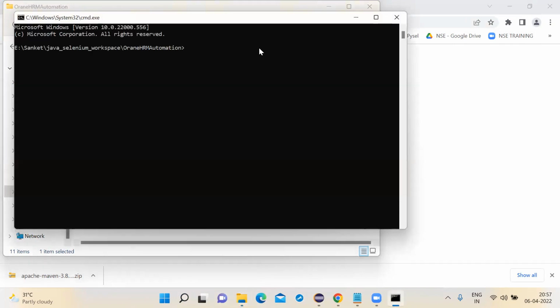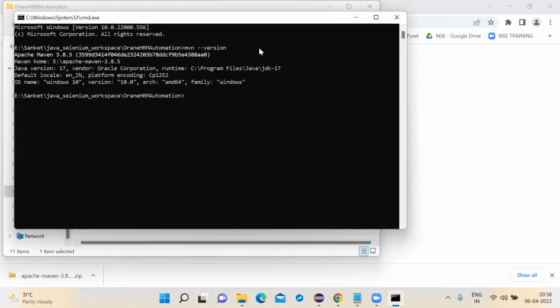Now here give mvn space hyphen version. Now you should get the version. Here you can run the command mvn clean compile test. It will run the entire project. mvn space clean space compile, no, compile spelling, and then space test.